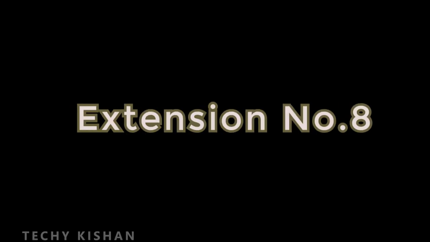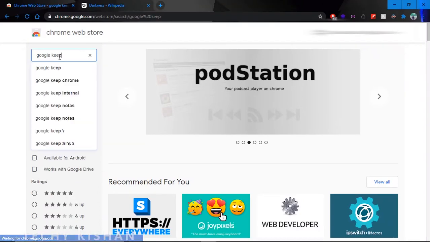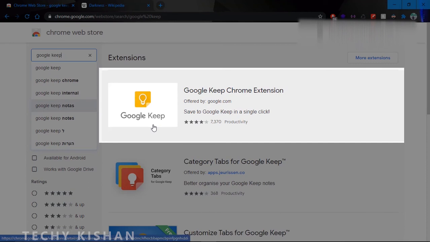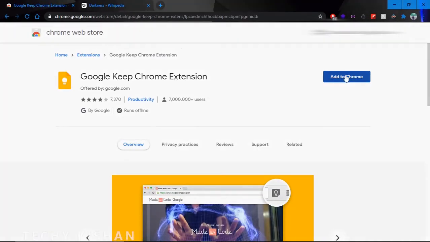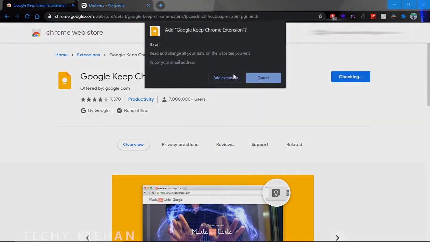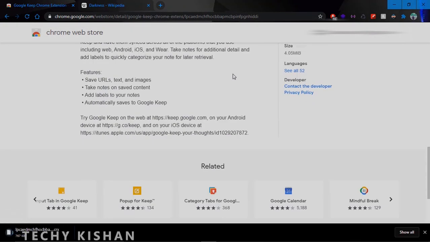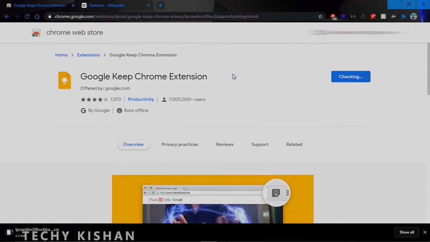So friends, the eighth and the last plugin I'm going to talk about is Google Keep. Friends, this is not just a plugin, it also has an Android and iOS application which helps us to keep notes or to-do list records on our mobile phones and the browser. You just have to click on install or add to Chrome in your browser, and it is automatically added to your Chrome.